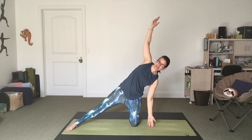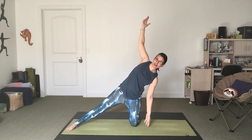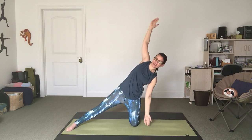And if you like, you could widen the arms. Maybe as you continue, you have a little bit more room to slide down the leg or toward the floor. If you do, that's fine. If you don't, that's not necessarily a goal that we're going for today. We're not trying to go deeper, we're trying to go more fluid. All right, so maybe one more each side, one more reaching toward the floor, one more reaching down the leg,